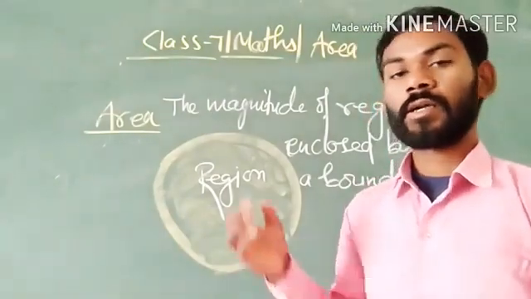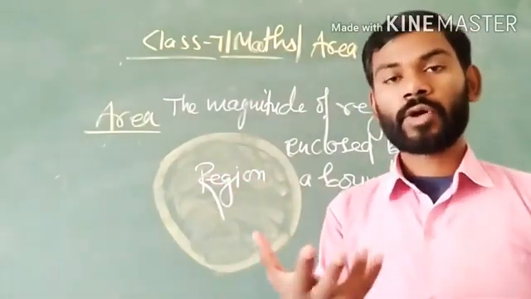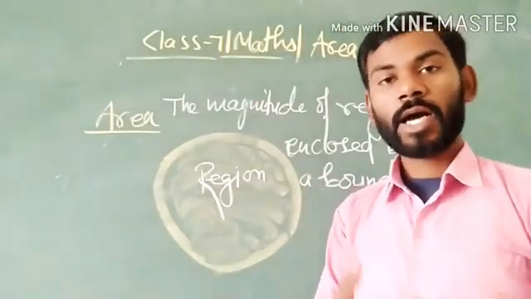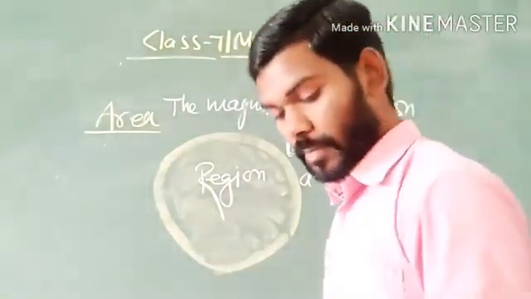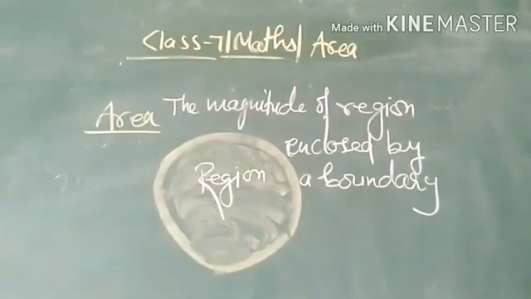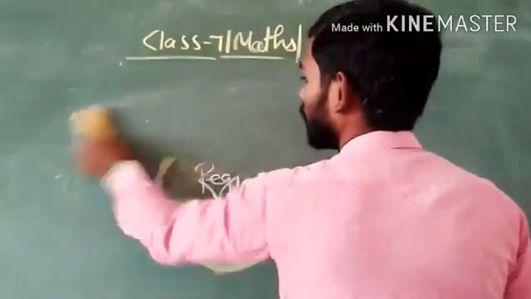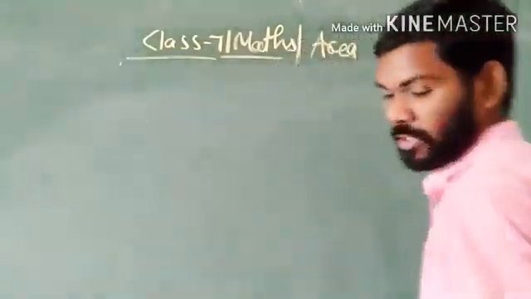After the development of its definition, one problem arises: how do we calculate the area? In the starting, when there is no knowledge of formula, men used a method to find out the area